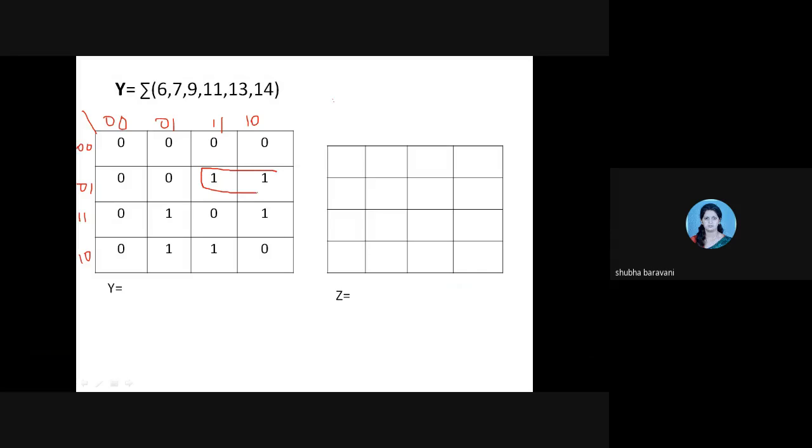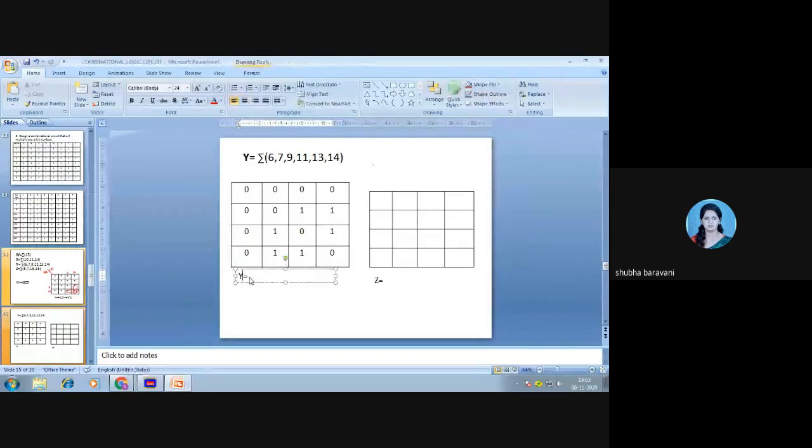Here, this is one grouping you can do. This is one more grouping you can do. This is one more grouping you can do. Correct? So, for Y, I'll write the expression, you please tally.